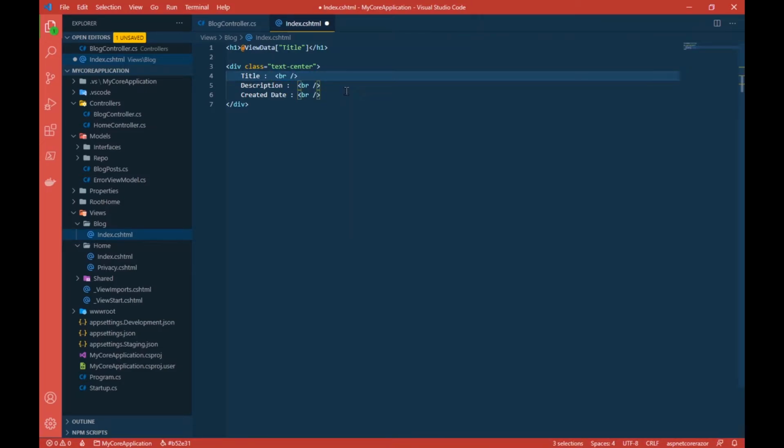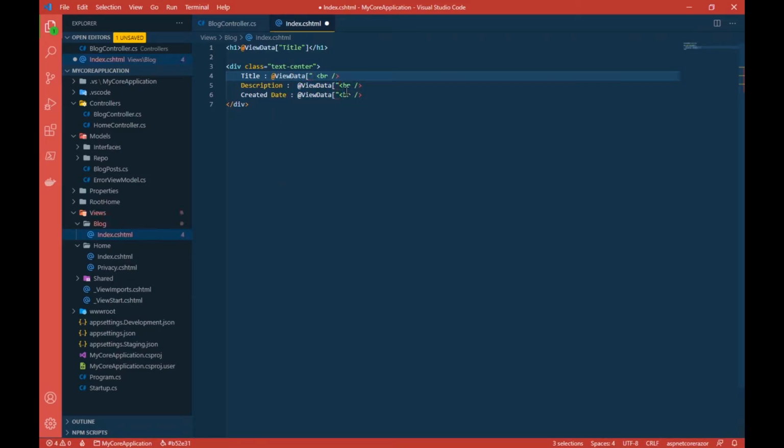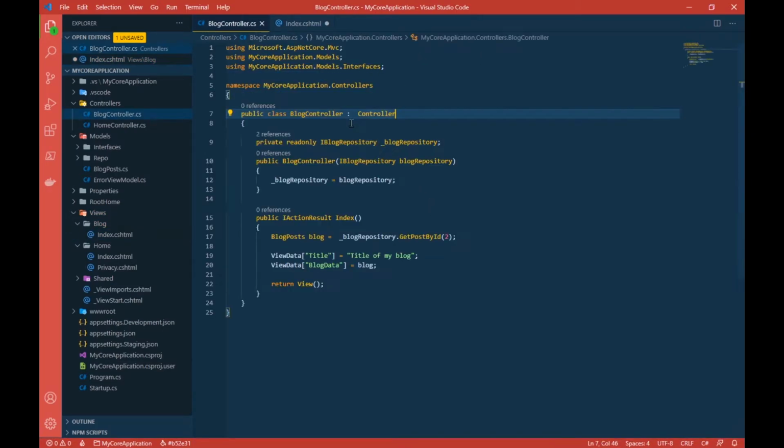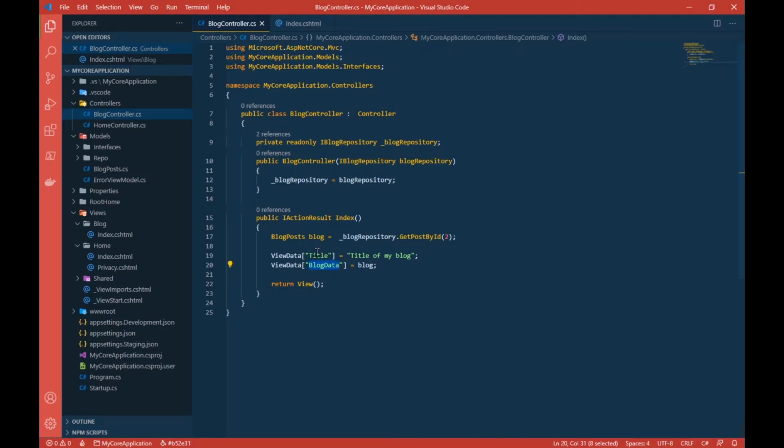Now what I'll do is I'll write @ViewData, simple, and I'll try to access the data that we are passing from here. And the name of that key was blog data, if I'm not wrong. Now let's go back here and see, yeah, it was blogData, but with capital D. Sorry. You have to be careful because this is case sensitive. So these keys, they are case sensitive. Now view data is nothing but a dictionary. Actually, it is a view data dictionary, and it stores value in keys. So key and then value.